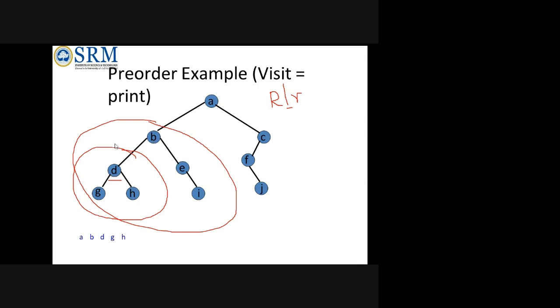Now again, as per recursion, your program will go to this part. When it comes to this part, it is assumed that my entire left is over. So now my right has to be processed, right? Considering this B subtree, my entire left is over. The recursion part is over. I have to come to the right part now.